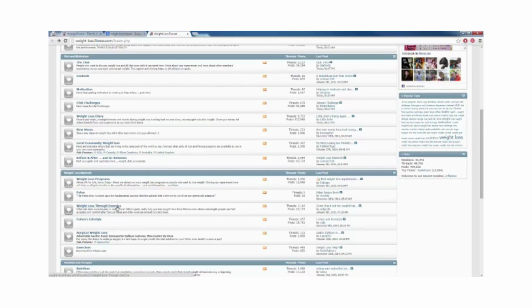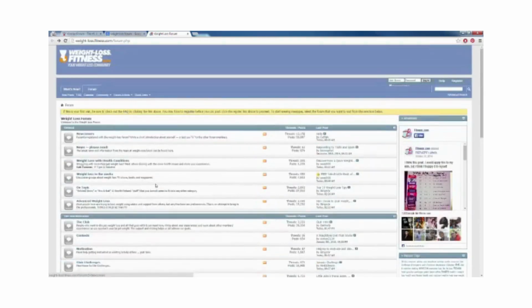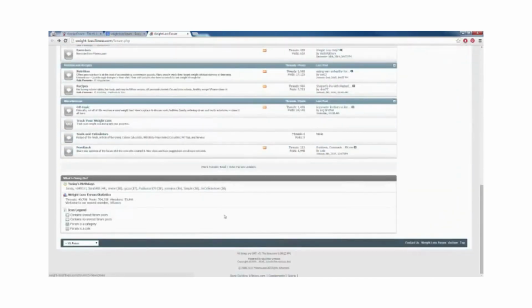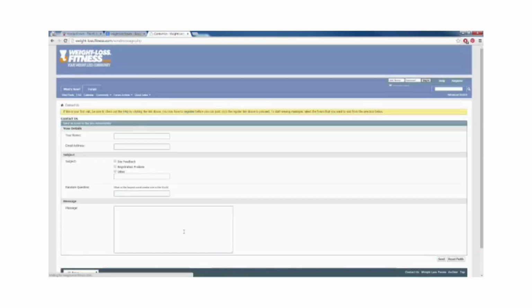So if I had a product that was weight loss training, this is going to be a great forum to reach out to and see if they want to work out some kind of deal, some kind of advertisement, some kind of partnership. So I'm going to scroll down to the bottom here. Usually at the very bottom, they have some kind of contact us form. We can see here, contact us. I'm going to click on that, and it brings us to a form. They want our name, email address, subject, and message. So I'm going to fill this out.